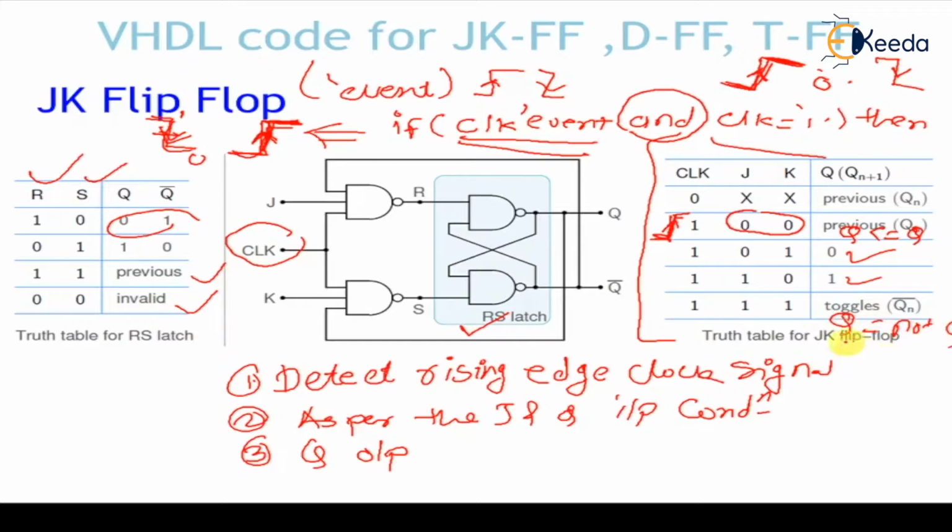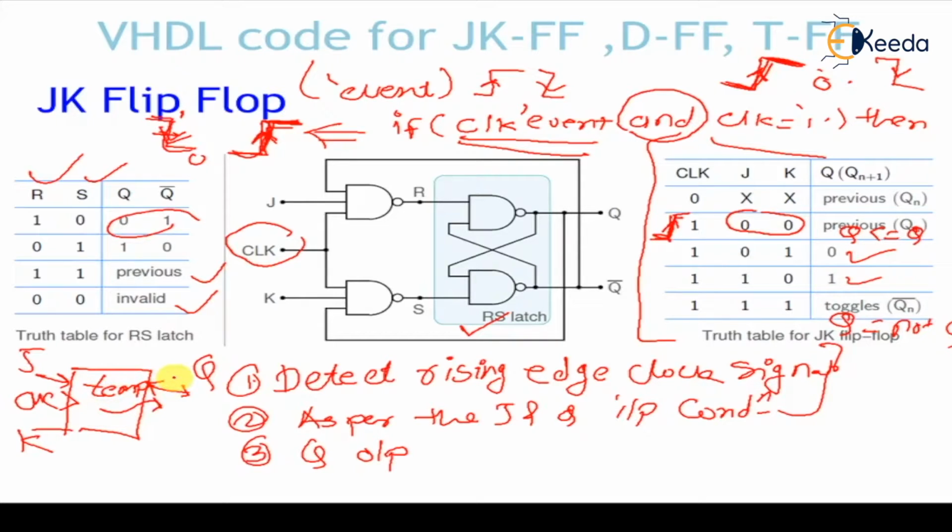Okay, so for writing a VHDL code for the JK flip flop, what are the inputs we require? We'll draw an entity section over here. What are the things we require? Definitely a clock, then J input, K input, and here Q output. But here the condition is Q is equal to Q, so this Q we are declaring as in as well as out. Just for our understanding, there are multiple ways. Otherwise you can declare an internal temp signal, then that temp signal can be assigned to the Q.